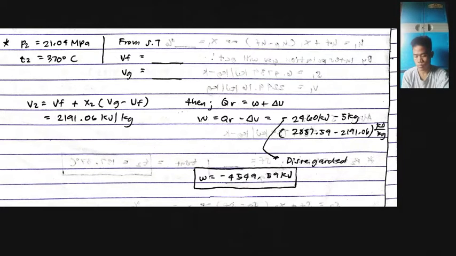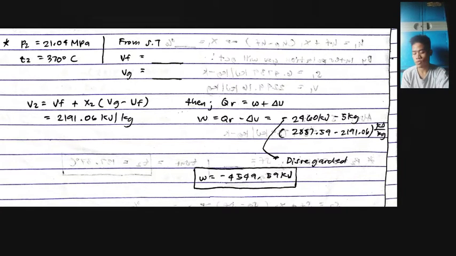So next, U2, and getting the formula of U2 equals UF plus X2 times (UG minus UF). And by substituting and calculating it, U2 equals 2,191.6 kilojoule per kilogram. Then QR equals W plus delta U, and getting the value of W,